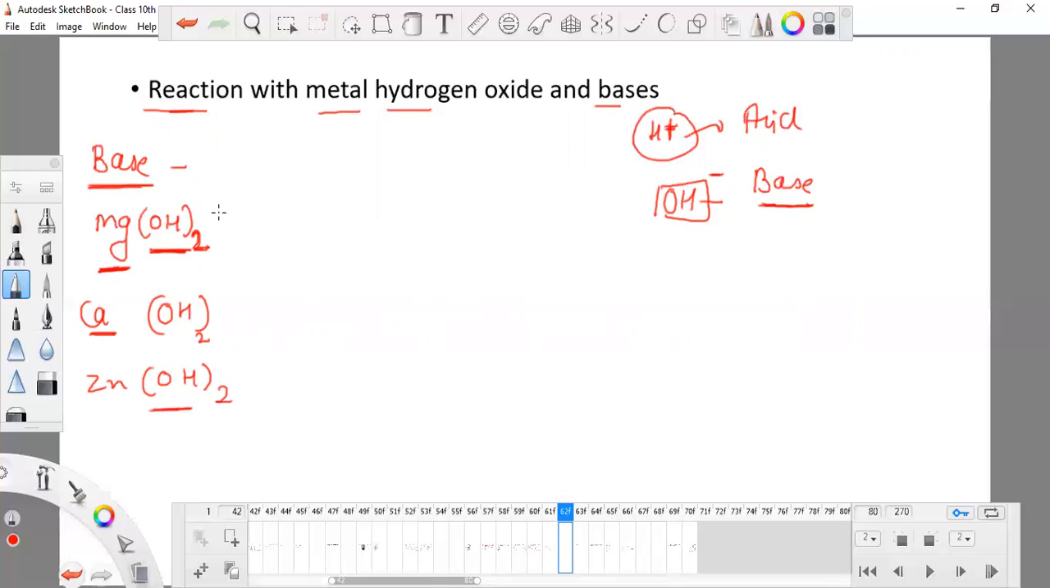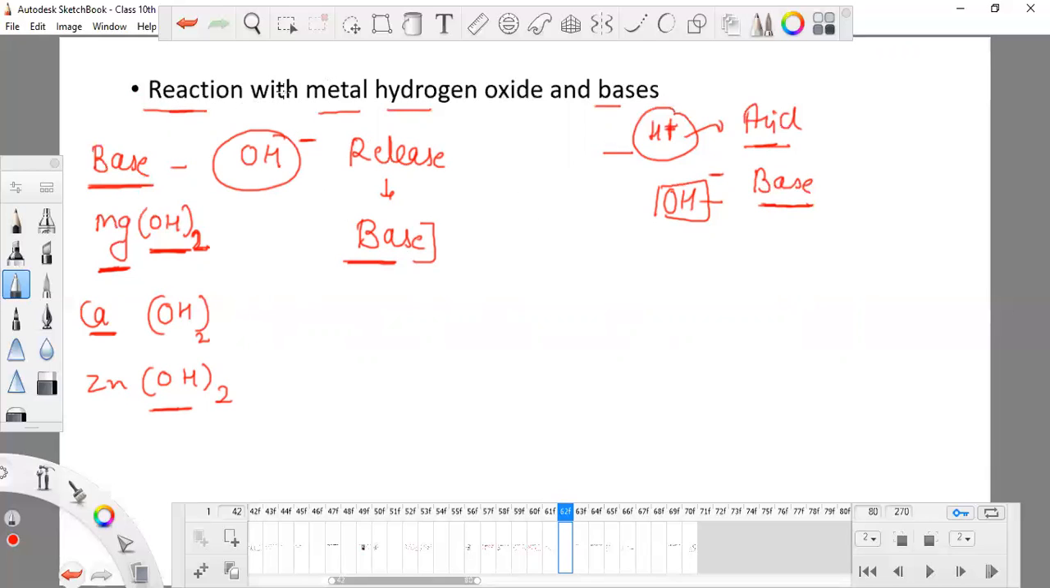Okay, so anything which can release OH-, it is known as base, and anything which can release H plus, it is known as acid. So here we are going to